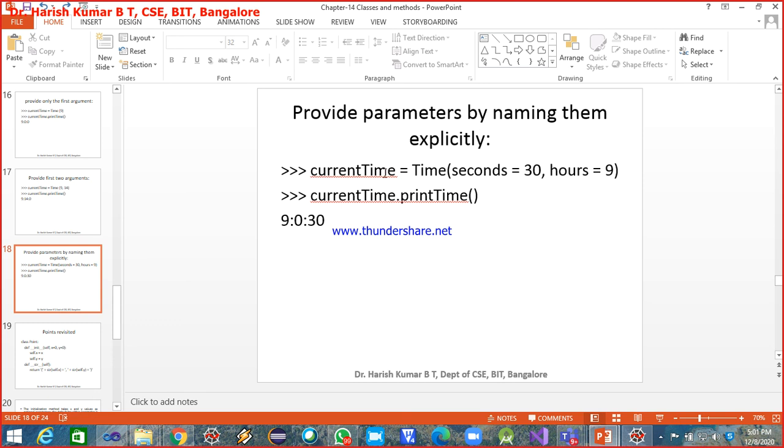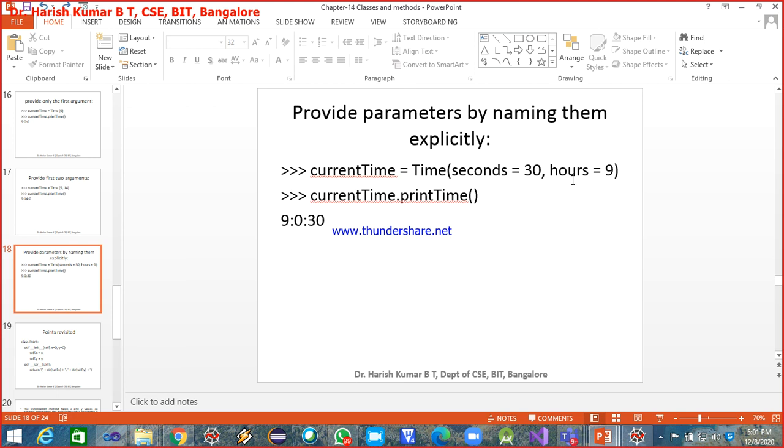In case you want to pass it in a different order, you've got to explicitly name the arguments. Say time, I'm explicitly assigning the value 30 to seconds and 9 to hours, and you can observe the order also. If you want to change the order, you've got to use this explicit naming convention.